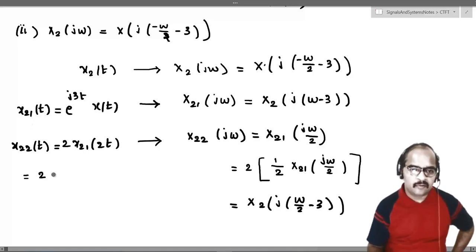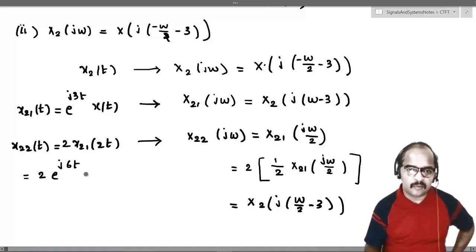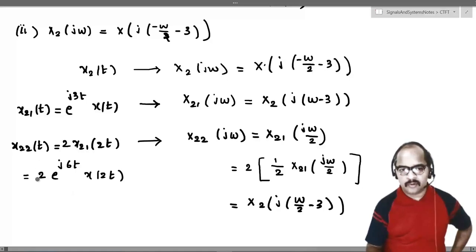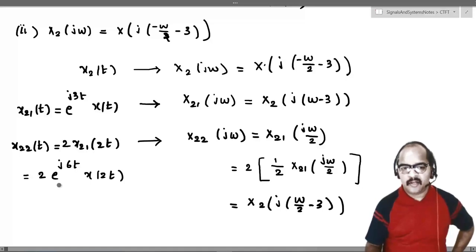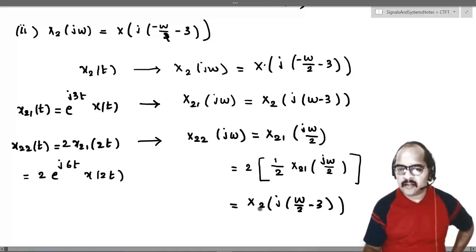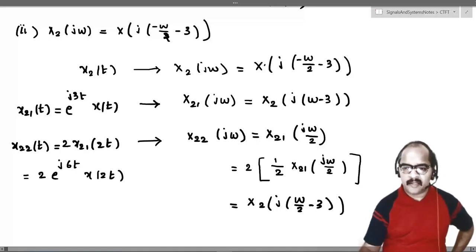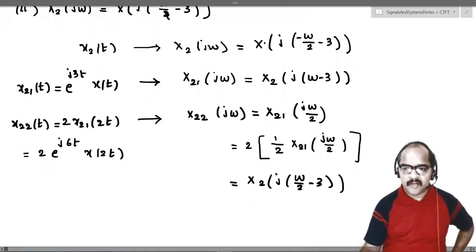So this should be equal to 2 times e power j60. Why? Wherever there is t, you have to replace it with 2t, multiplied with x of 2t. So our x22 of t is 2 e power j60 x of 2t. That will have what as Fourier transform? x2 of j omega by 2 minus 3. So still we are not done. We want it for which signal? This one. So finally we define the last signal as